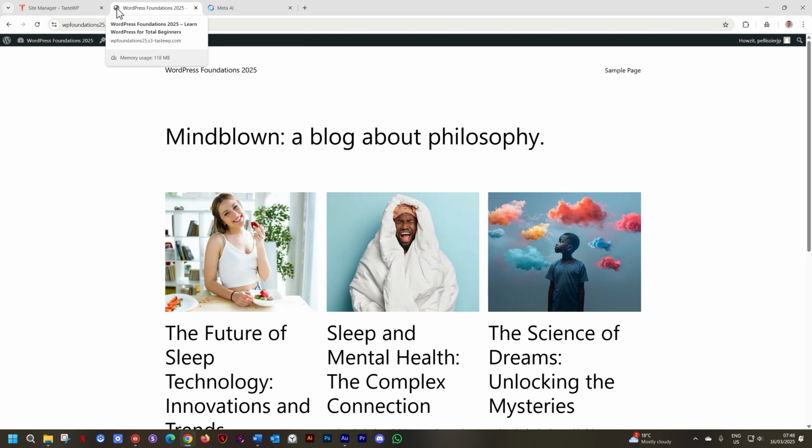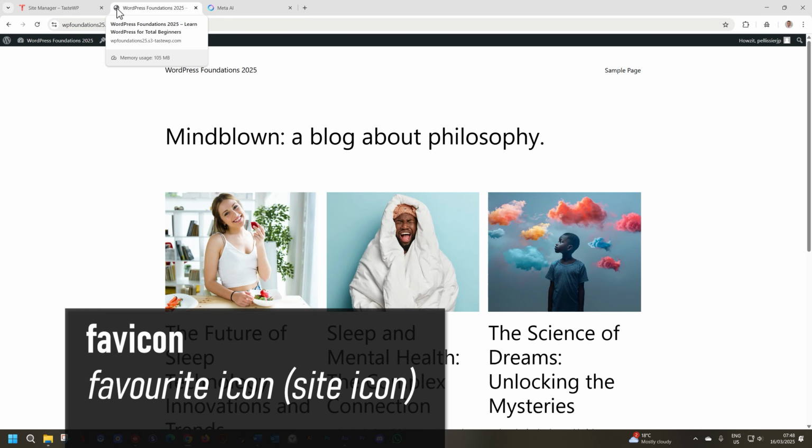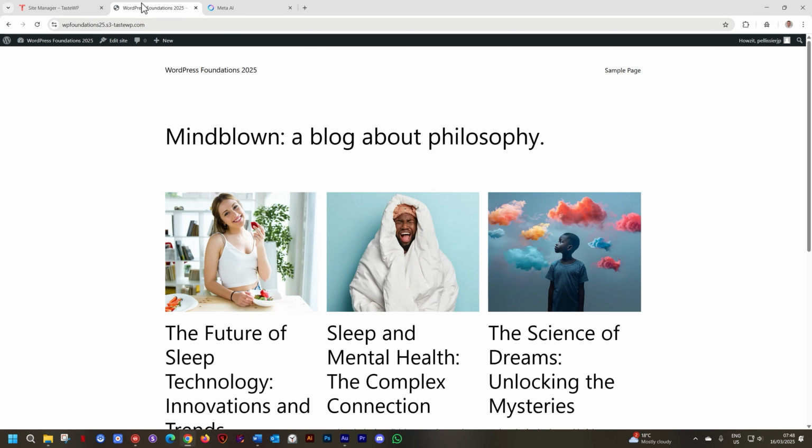And that is what is called a site icon. You're also going to hear us use the word favicon. F-A-V icon, favicon. And this comes from the word favorite icon, in which your favorite toolbars, when you save them, this icon will be displayed.